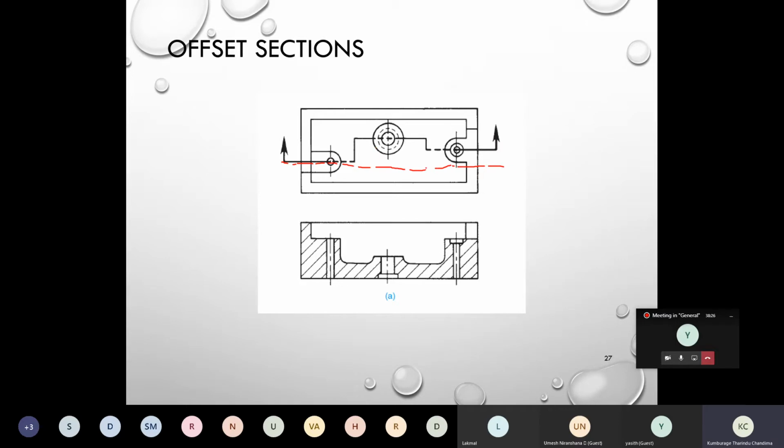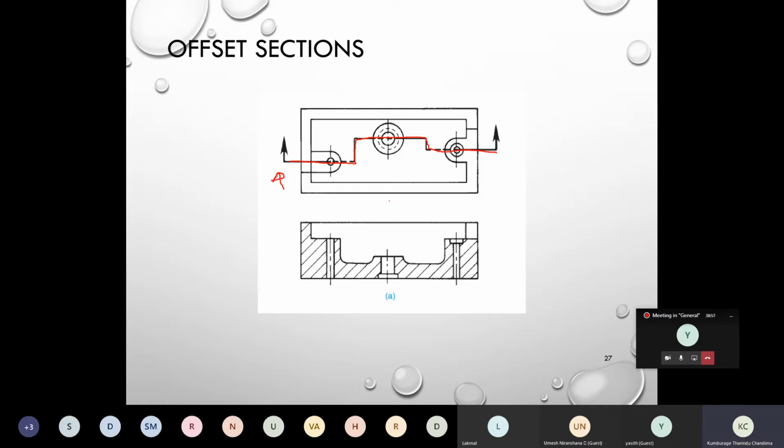Then you are not going to define this feature and this feature, right? So in that case, you can offset the section like this. You can define your cutting plane like this, going through several features at once, right? And then you can project